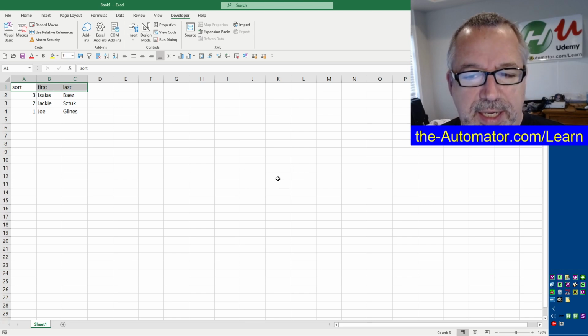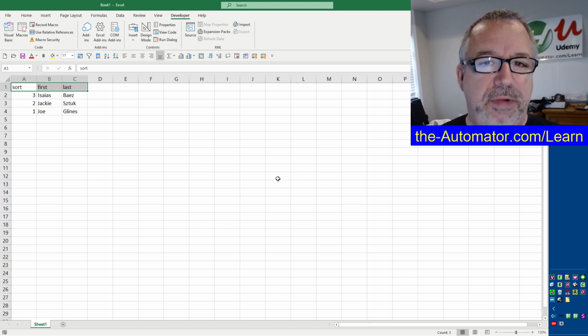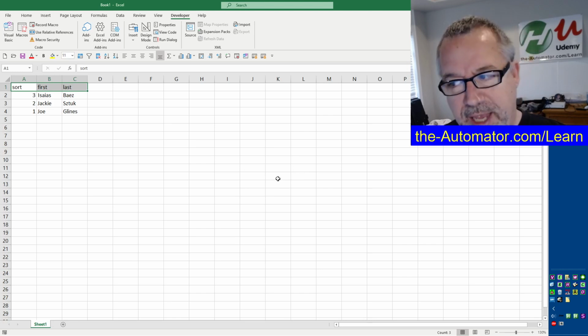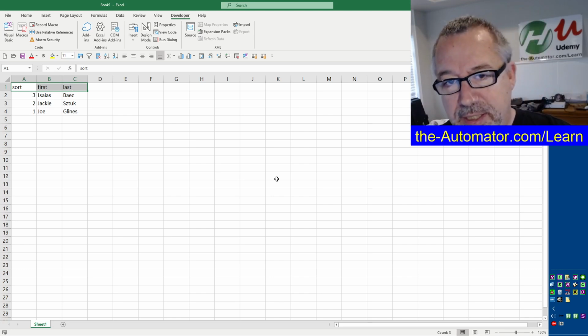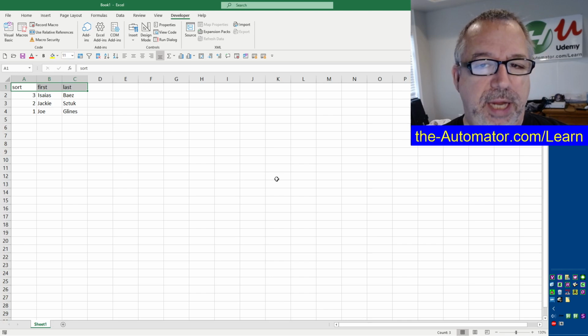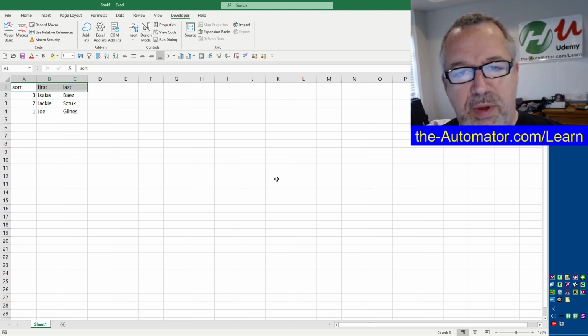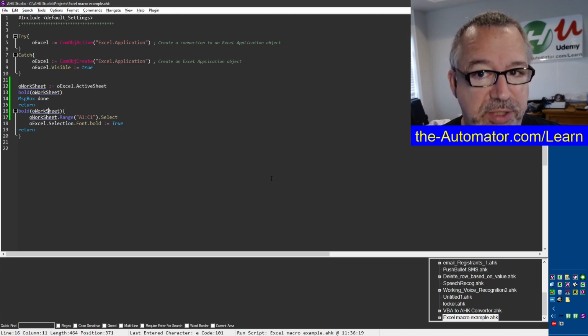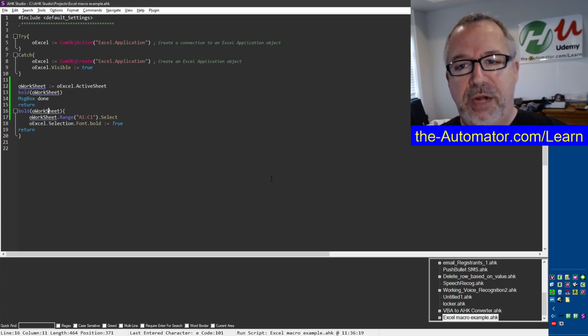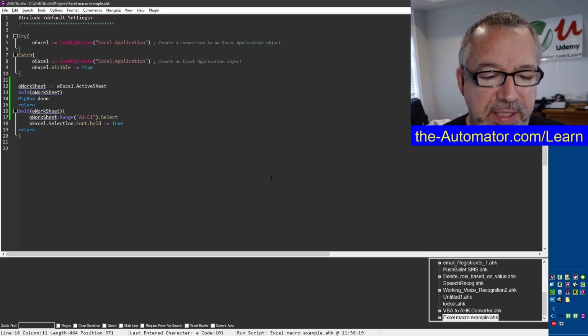And this is the other thing. You don't need to select the text with AutoHotkey or even VBA. The macro saw you go select the text, select it, and then bold it, right? There's no reason to select the text. It's just one more thing to slow down the speed of your program. And I'm not blaming Dimitri's code for that, because that's what it did. It's just why, in general, I don't like to use macro recorders to write my code. Now, having said that,